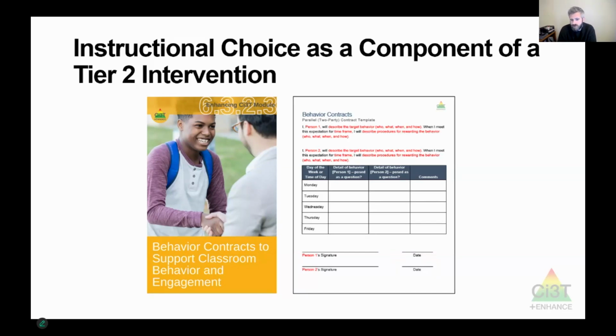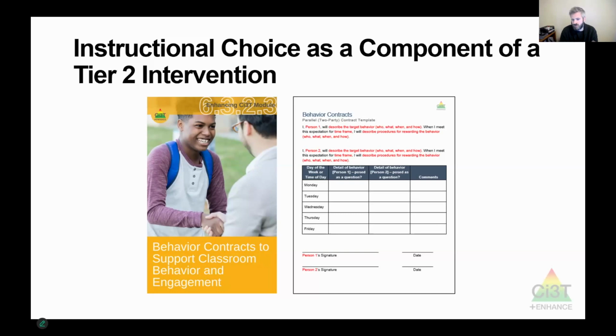Maybe that seems almost too simple, like it's sort of intuitive, like, oh yeah, I can give them some additional extra choices. But we'd encourage you to really think about what that means. You're taking 2 effective practices and stacking them on top of each other. And in doing so, I think you're really going to increase the opportunity to see some improvements in that student's behavior, because we're being proactive and mindful about that student's needs by stacking those interventions on top of each other like that.